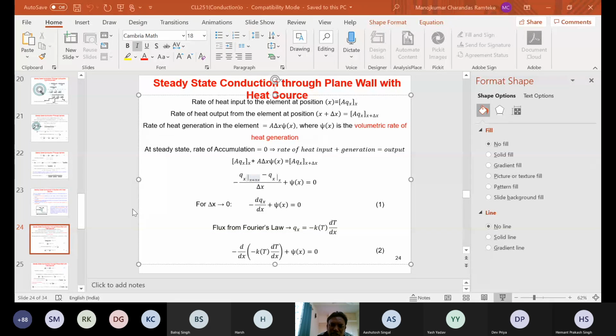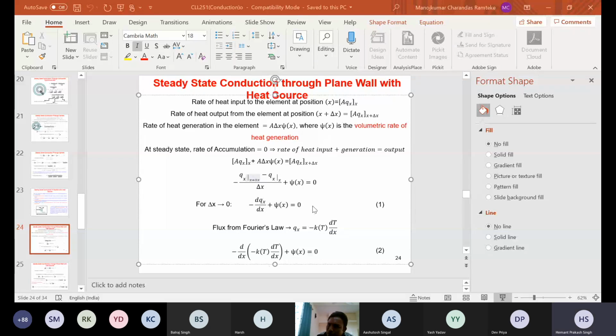So C2 is just T1. If we put that constant in this equation and also apply the second boundary condition, T2 is given as minus psi v divided by 2k L square plus